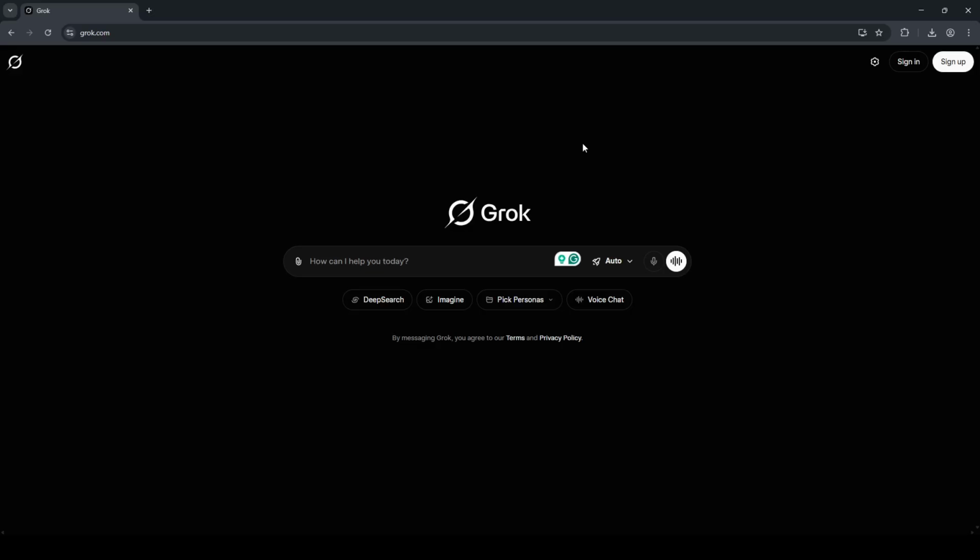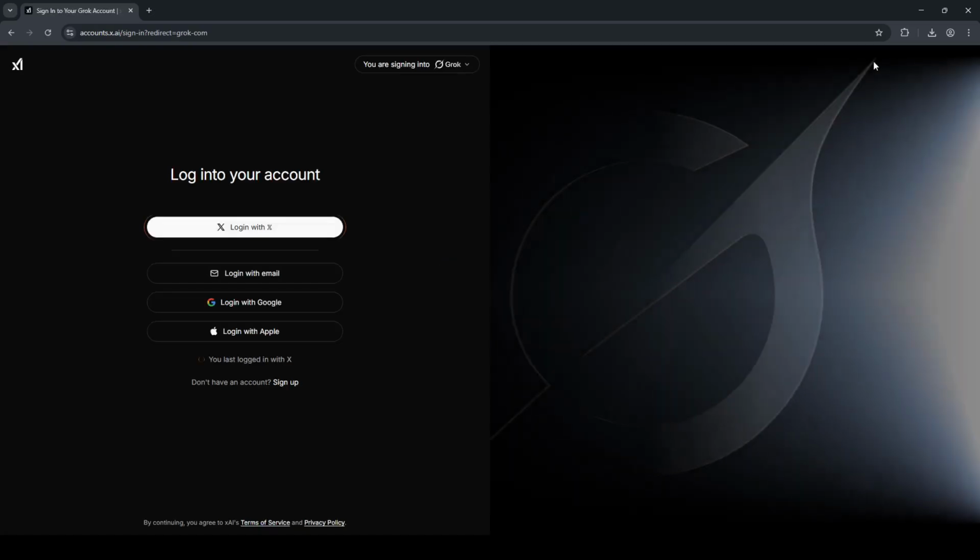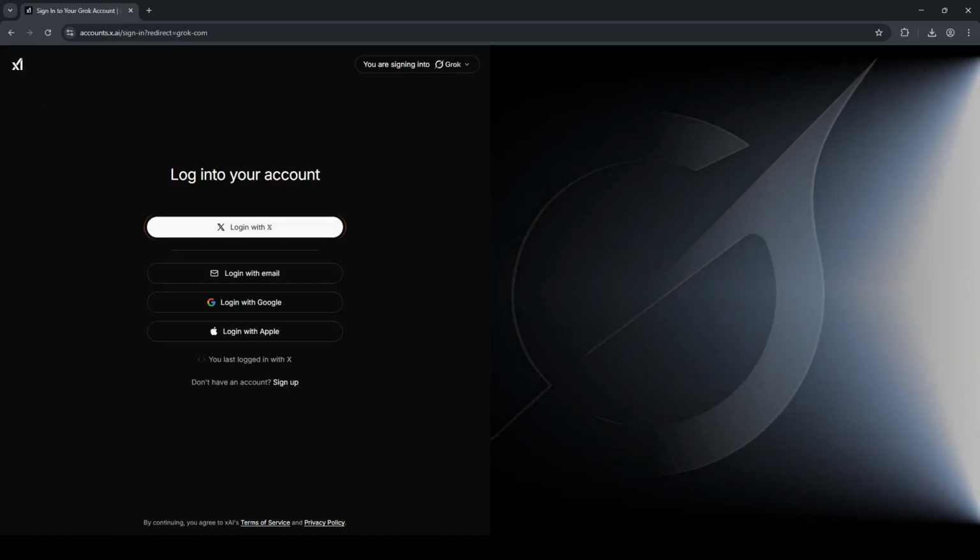Take a quick glance at the address bar to make sure you're on the official site. The homepage may highlight features and updates, but what we're looking for is the way to start the waitlist flow through a sign-in. Next, look for the Sign In button, typically at the top right of the page. Clicking sign in doesn't mean you're buying anything, it just starts the account flow Grok uses to manage access and